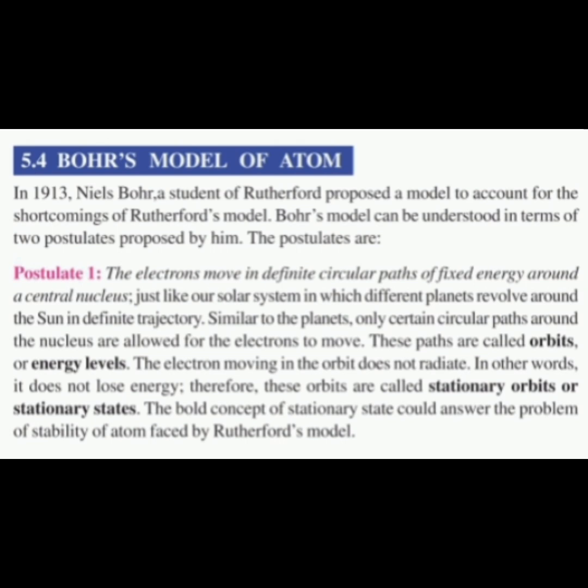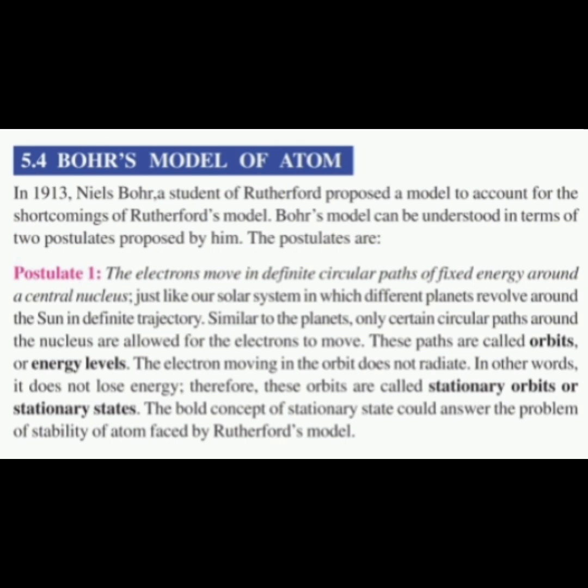First postulate: the electrons move in definite circular paths of fixed energy around the central nucleus, just like our solar system, in which different planets revolve around the sun in definite trajectories. Similarly to planets, only certain circular paths around the nucleus are allowed for the electrons to move. These paths are called orbits